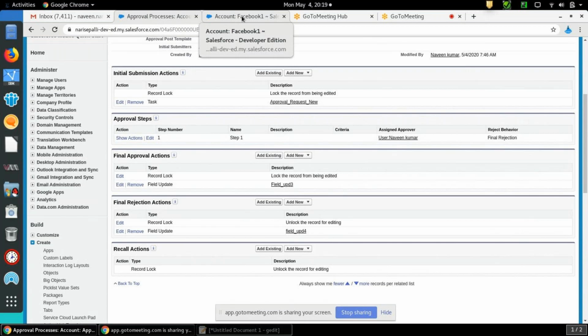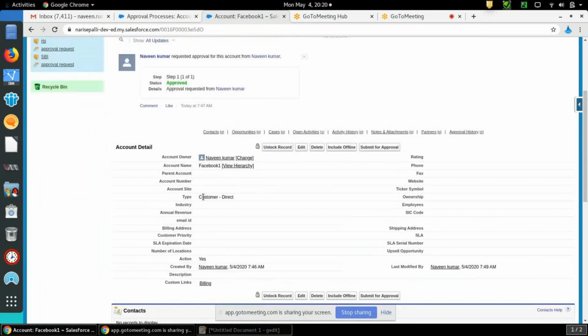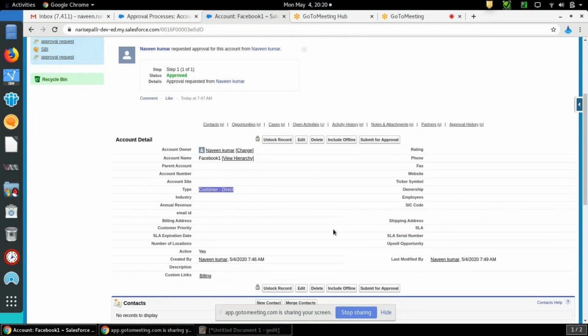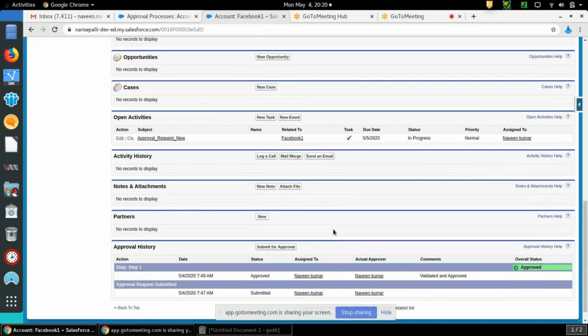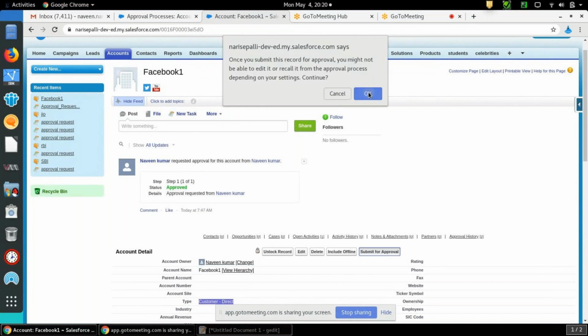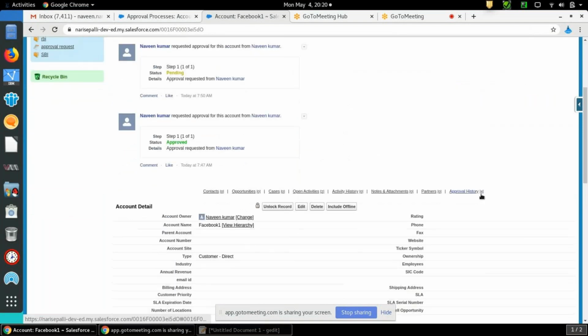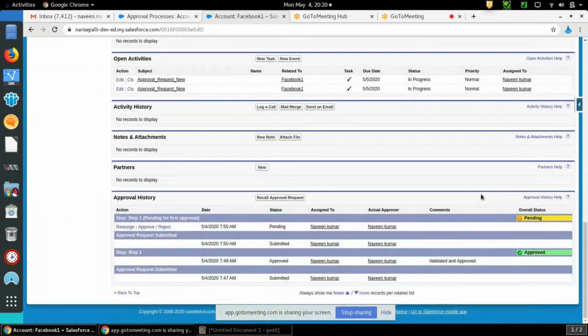So now once it is approved, the field update should happen, right? In the field update, we should see Customer Direct. Can you see? Type as Customer Direct. Okay. Now suppose I submit for approval again. One more approval.